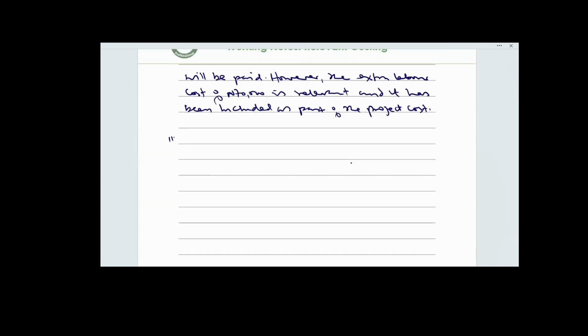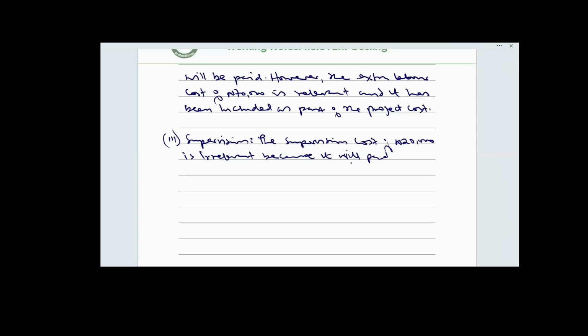So, number 3, supervision. The supervision cost of 20,000 naira is irrelevant because it will be paid irrespective of whether